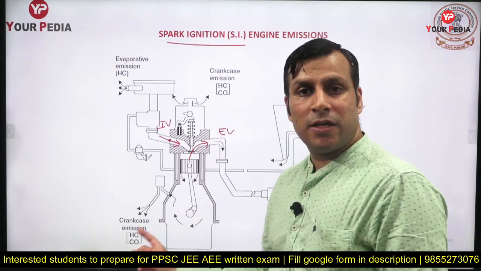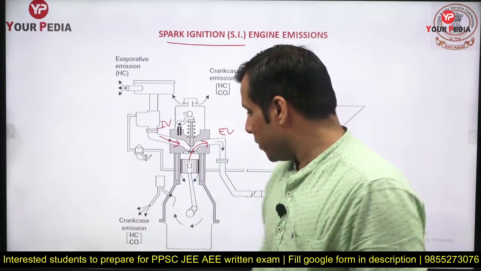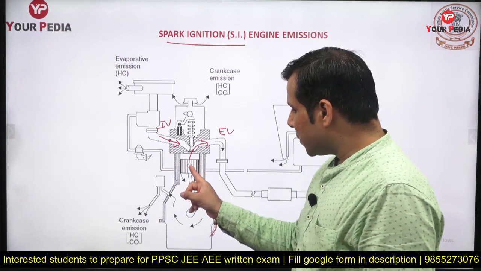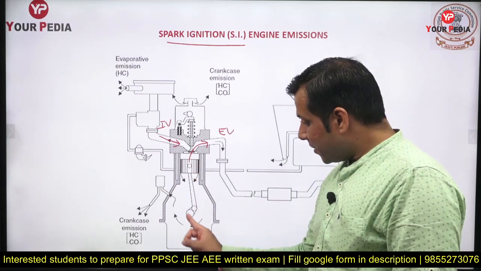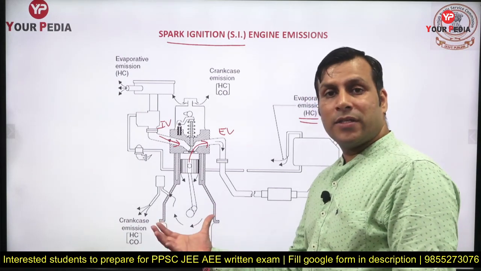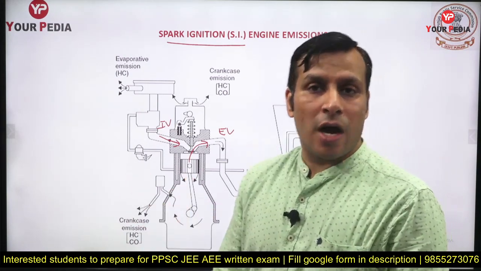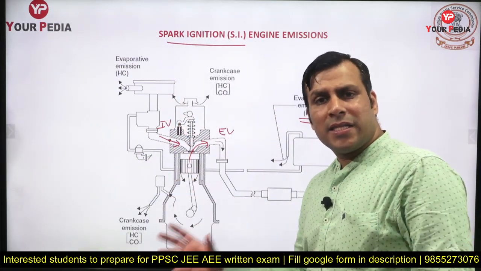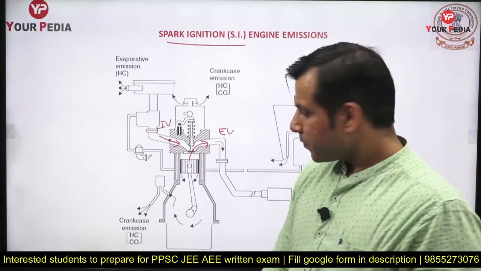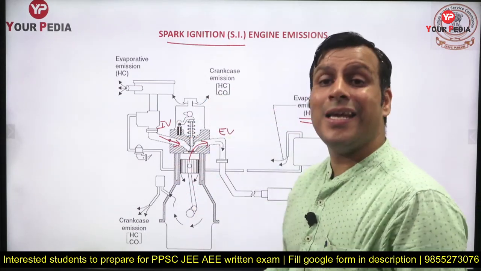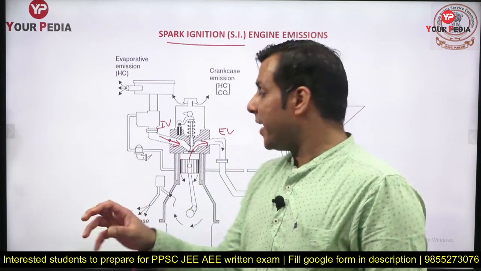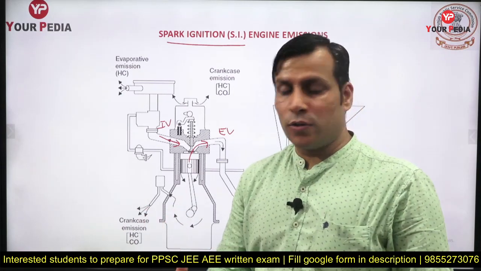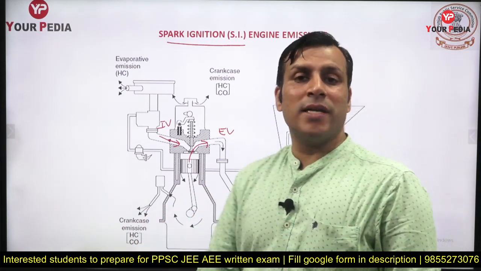So this lower part of the engine is known as the crankcase, because this part of the engine is known as the crank, guys. That much detail is not required for you. This is the piston, this is the connecting rod, this is the crank, and this is known as the crankshaft. The lower part, which is a kind of casing for the crankshaft, is known as the crankcase. In this particular area, the lubricant is present. When those hydrocarbons leak out due to wear and tear or due to the very high pressure in the combustion cylinder, the mixture of air and fuel leaks into the crankcase. That is known as crankcase emission.